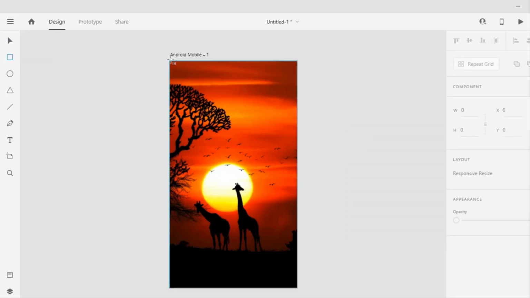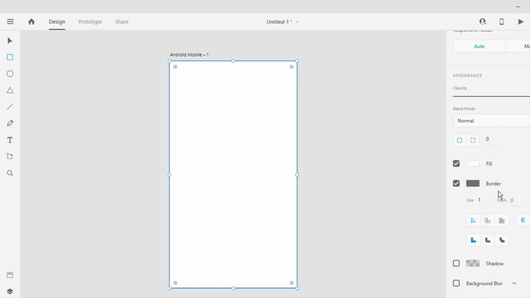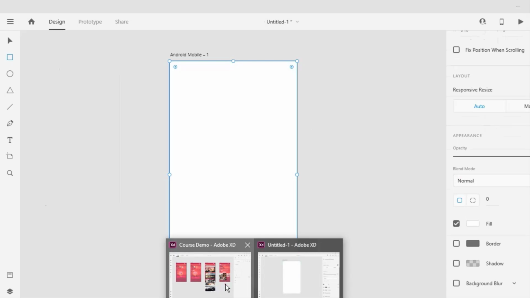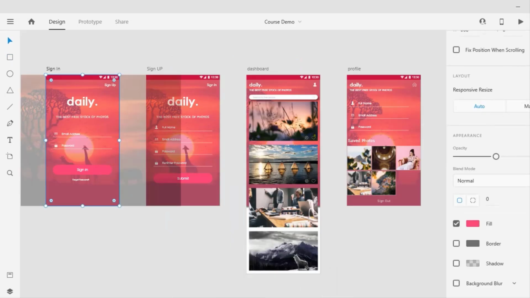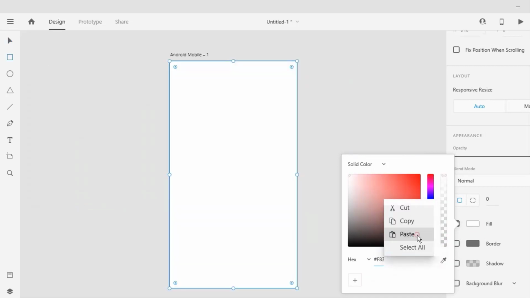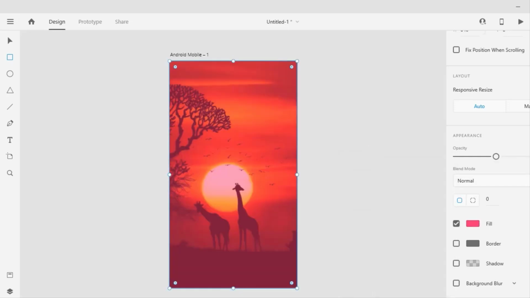Now, I will add one more rectangle over this image. As you can see, this application guides us with border lines and also with middle partitions and more. Now, I want to fill this rectangle with the same color I have added to save demo design. So, I will copy this code from here and paste it to get the same color. Also, you don't need to remember the color code every time. Simply, you can just add this color over here, so next time you need the same color, you will find it easily. I will set its opacity to 50% so that our background image is visible.